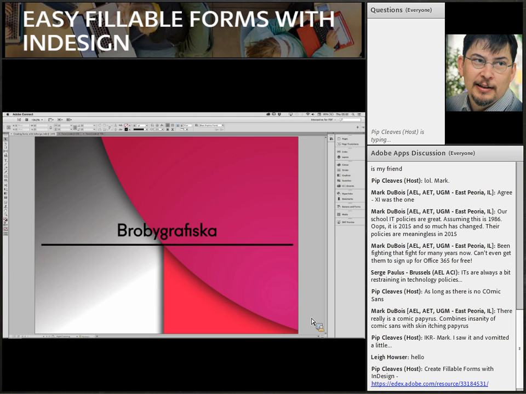People were asking me before, what does this word mean that's on the screen? Broby Grafiska is the name. Broby means the town with a bridge in it, and Grafiska means the graphic communication company. And I work teaching students to become graphic designers. But we also have in the graphic design program a very high technical quality. We actually have